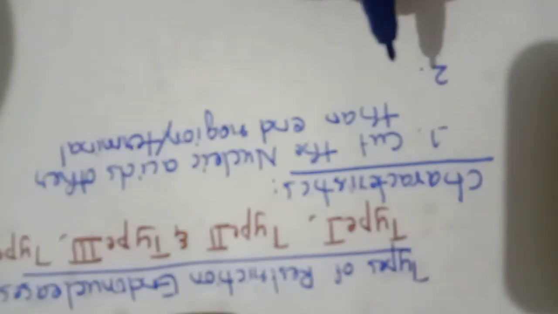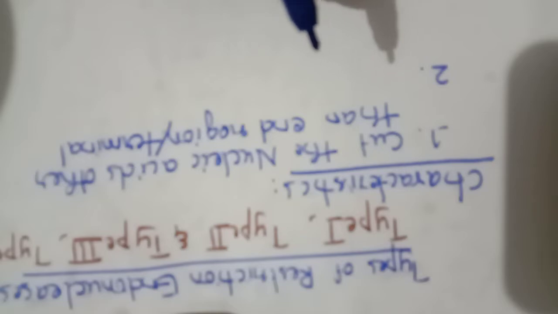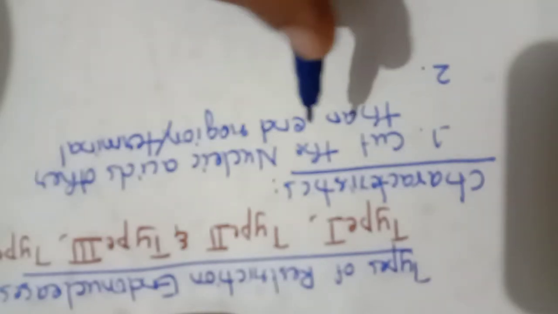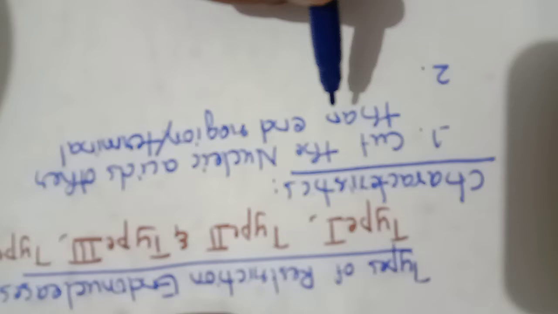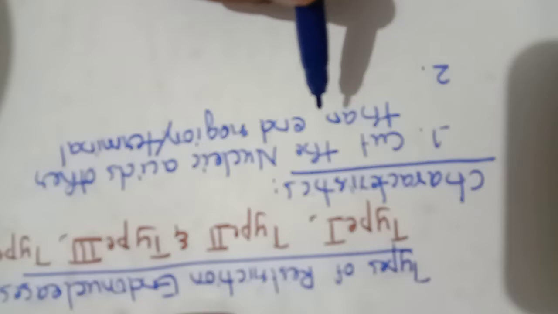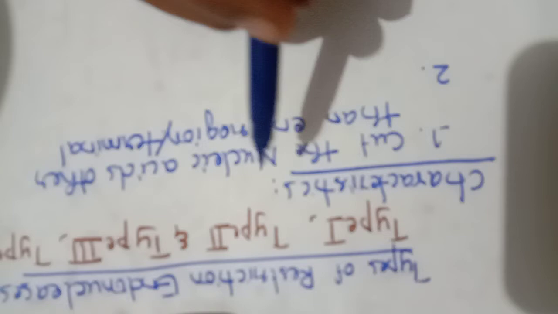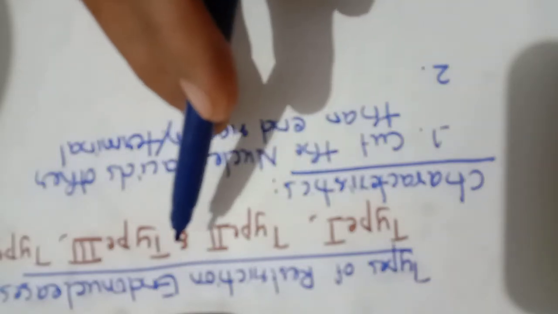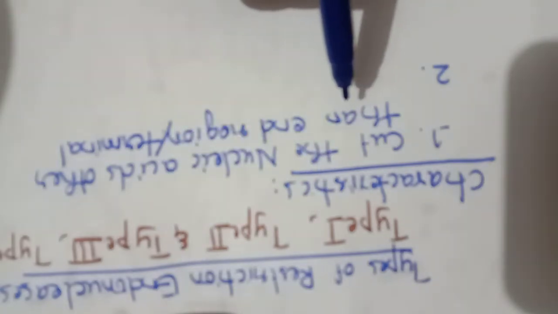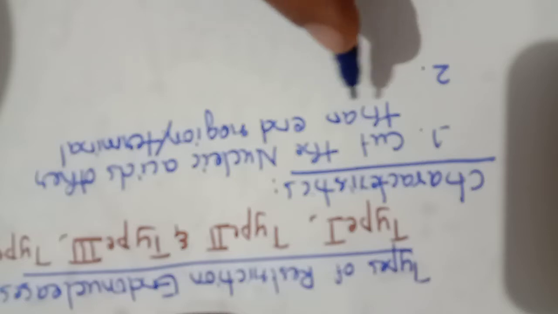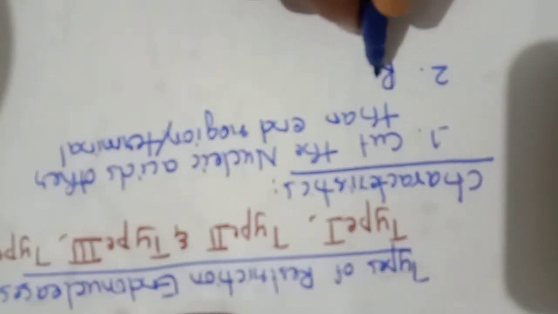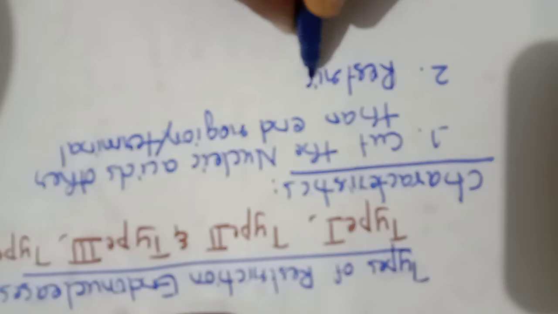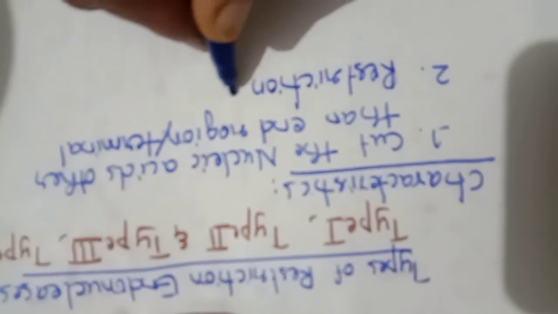And the second important characteristic is, you know that whatever the enzyme, it will always have a substrate, and enzymes are highly specific to their substrate. That is a well known fact. Here also, when we talk about restriction endonucleases, they will identify the nucleic acid and cut it because of the restriction sites.